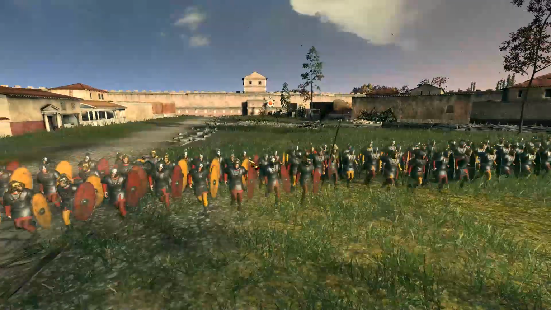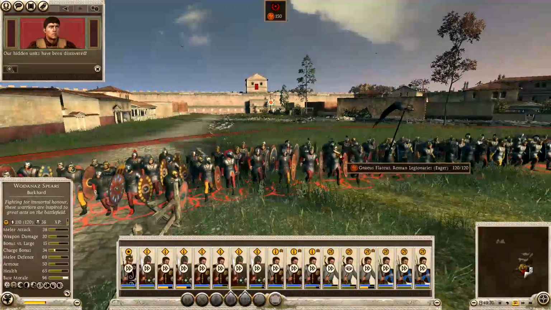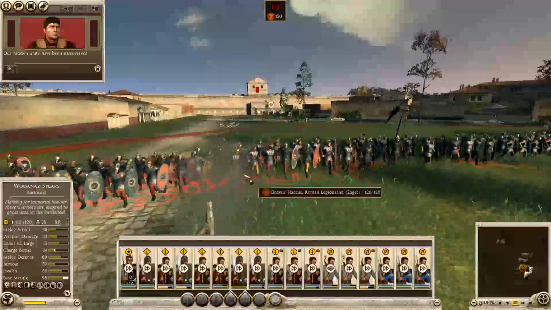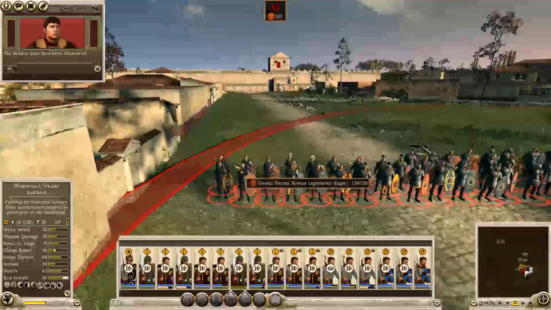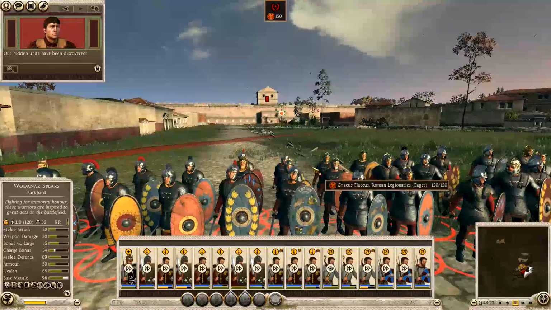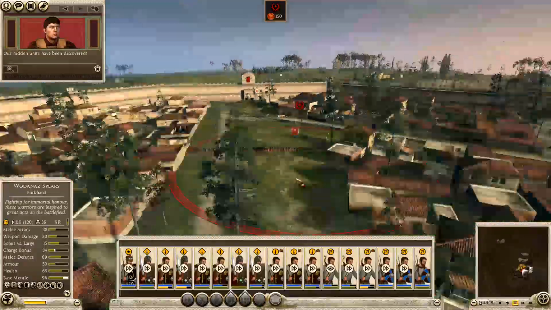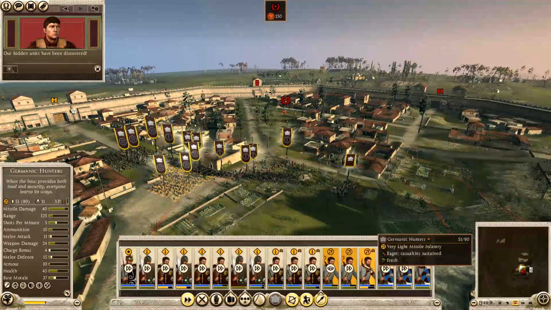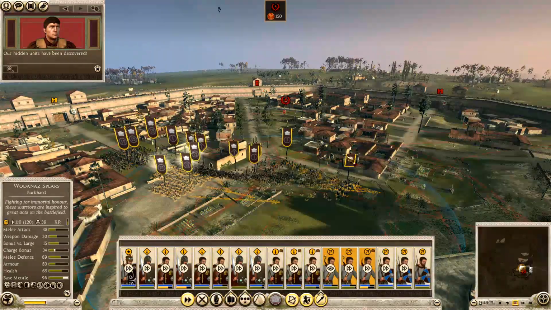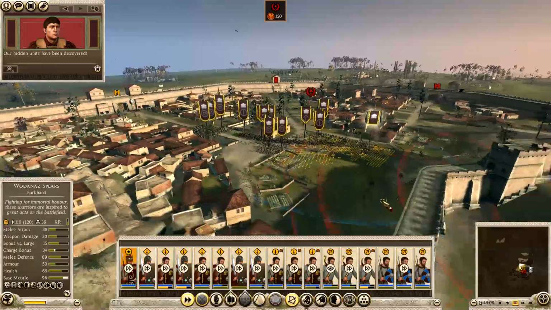And here they are. There's the beginning and end of my problems. Gnaeus Flaccus with Roman legionaries. Now this is going to be difficult to kill. You say that, don't you? You have an entire army. Yeah, I do. And no, I'm not in any danger of losing. But